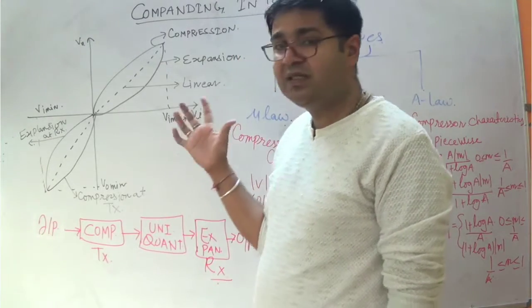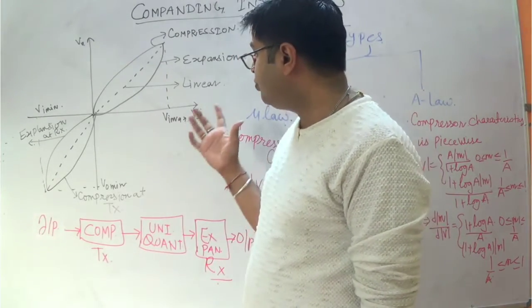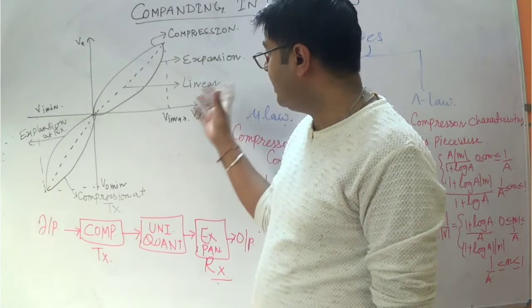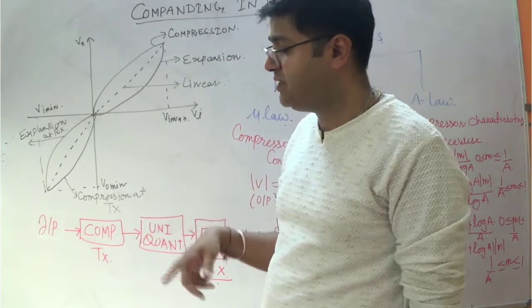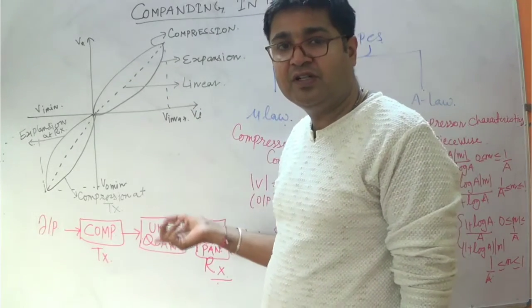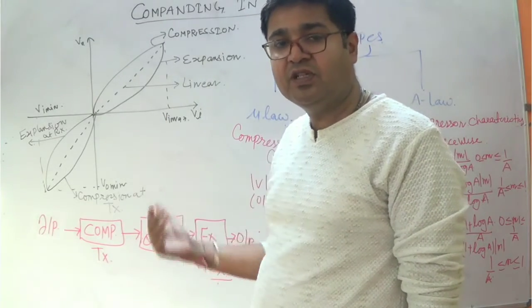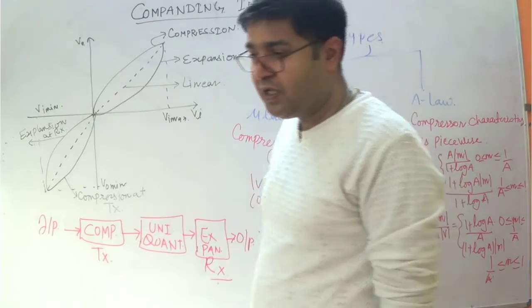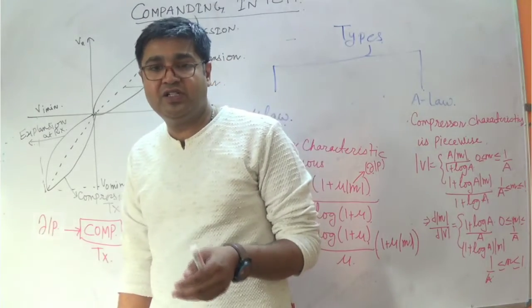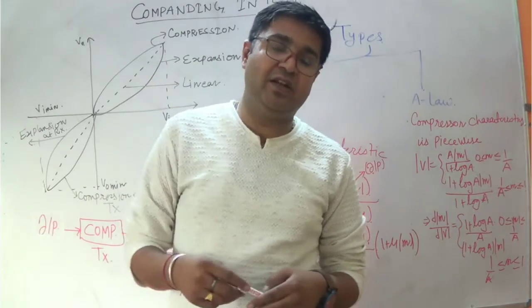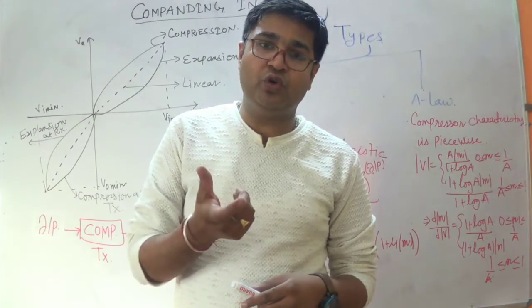Now, what is the meaning of this companding? Actually, what they have been doing is compression and expansion at different sides. Whenever we are talking about the transmitter side and receiver side, they are using a different technique. What is the easiest way to actually achieve this non-uniform quantization level? What you need to do is just